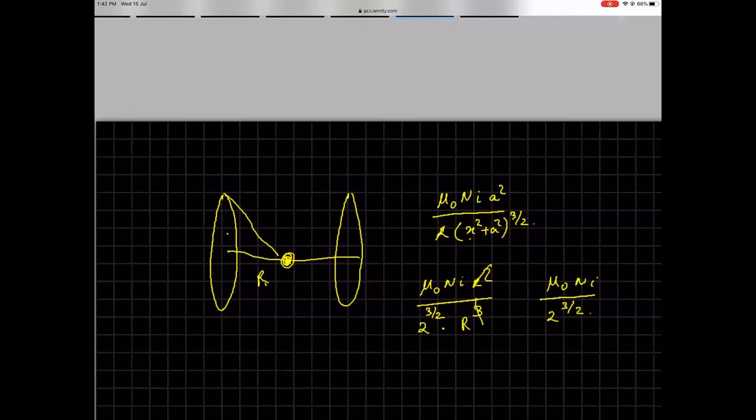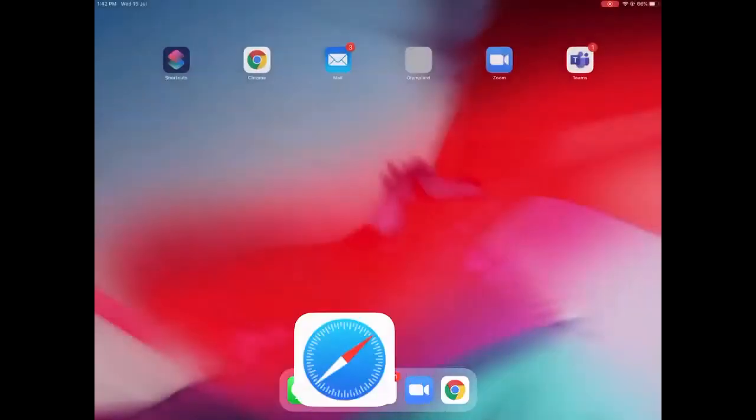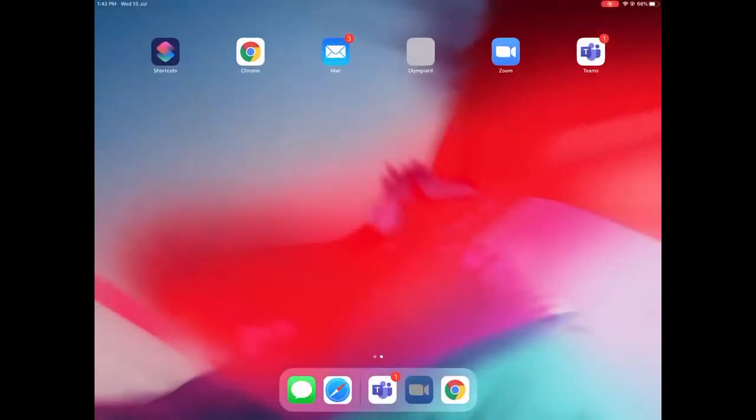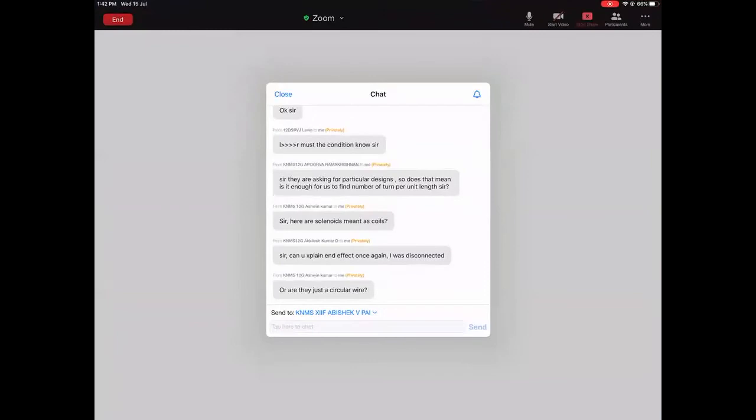So now we want to simplify this to what they are saying. Just check if this will go to what they are saying. So this will become root 2 by 4, root 2 by 4 mu naught N I. So, I mean, check. Yeah, they're just.